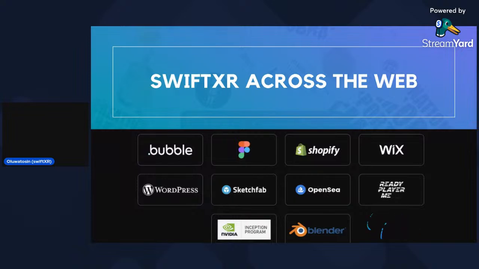We currently are live on Shopify, Figma, using our Snap feature. We are currently on Wix, WordPress, and we also do have the Sketchfab integration on the SwiftXR platform that allows you to get access to thousands of 3D models directly from the platform. To get animated